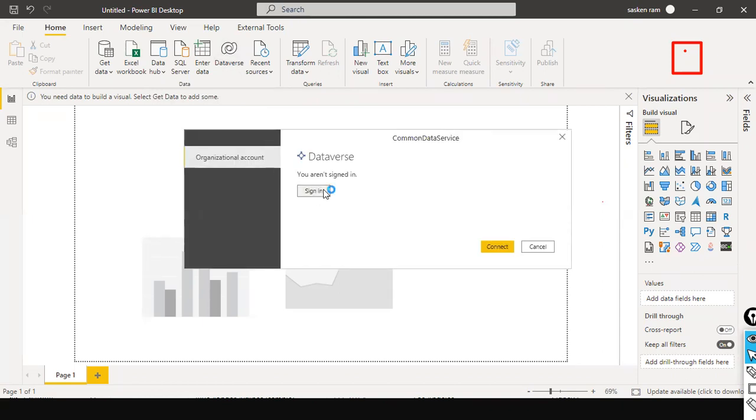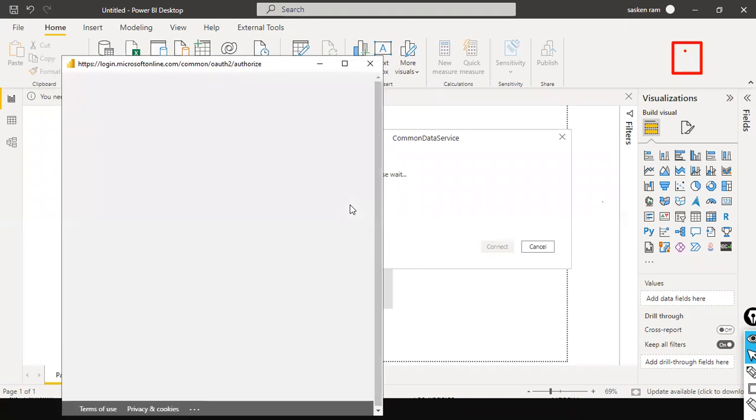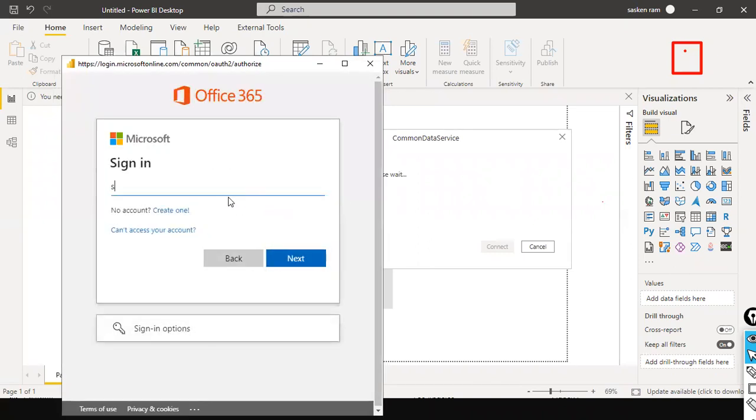See, you're not signed in. It will ask you the username and password. Once you sign in here with your credentials,